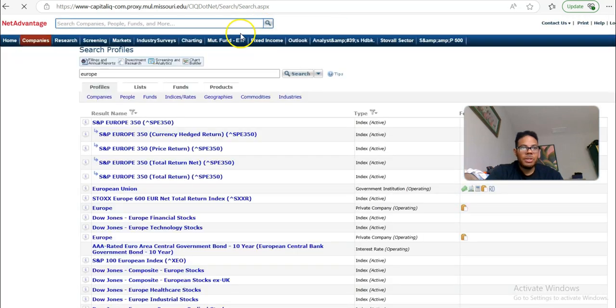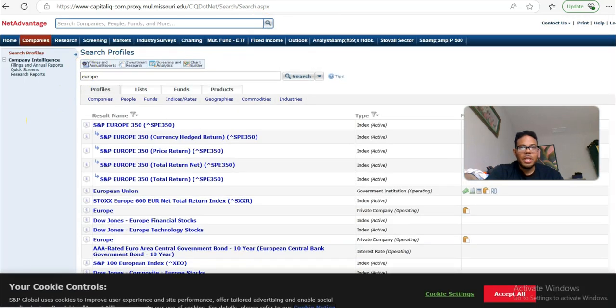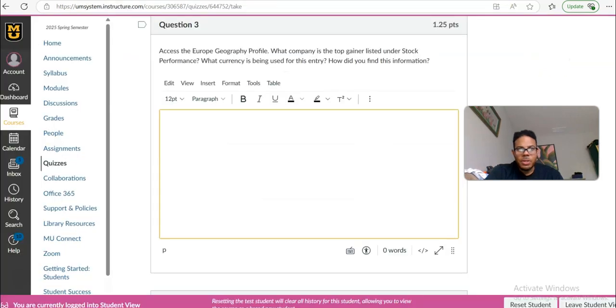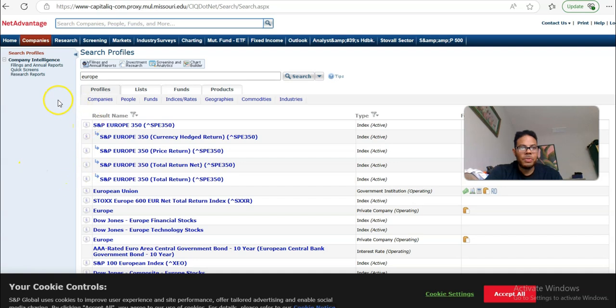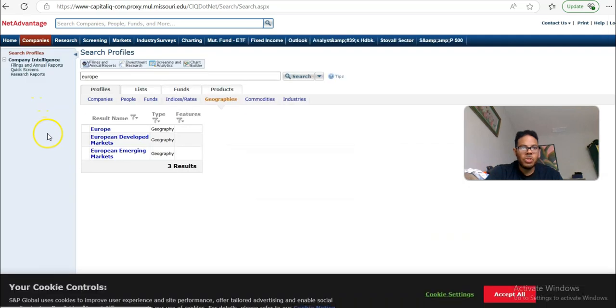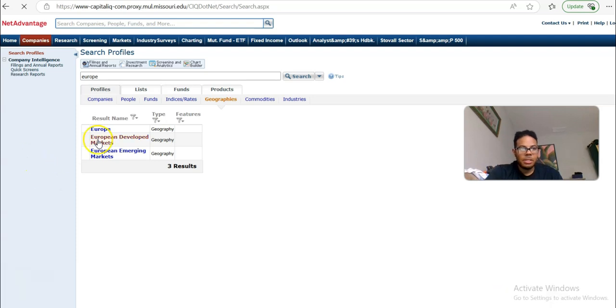And load. And it was asking us for what now? The geography. So for the geography profile, you go to the profiles tab, and you've got geographies under the profiles tab. So you go to geographies there, and there you have it, Europe geography. And when you do that,